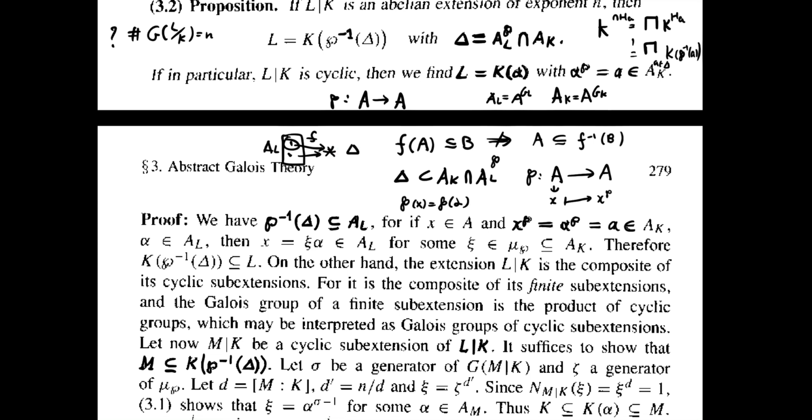So there is at least one element of AL who has the same image as an arbitrary element of A under the image of P. If this is true, we see that it must differ by the kernel of P, which is containing AK. This is by assumption. And therefore we conclude that